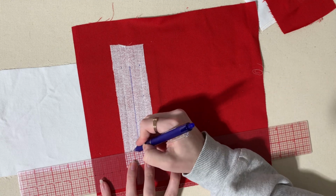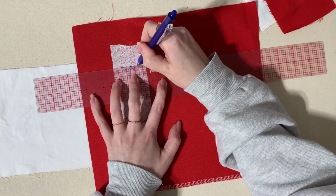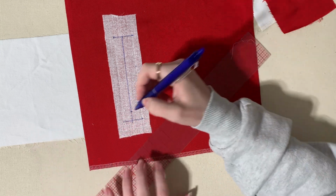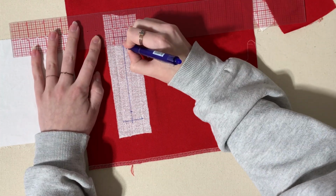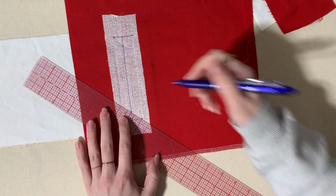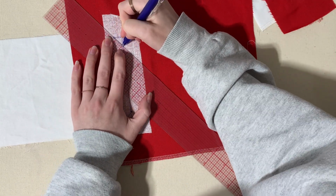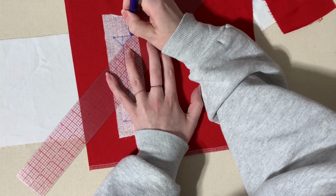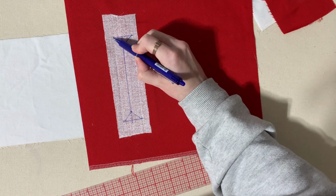Okay, so I can see my two ends on either side. So I'm going to go 1/2 inch because 1/2 inch is my seam allowance. 1/2 inch on either side of those new lines. Then I'm going to angle it. Okay, so you're going to cut down this center line, and then you're going to cut right to that stitching